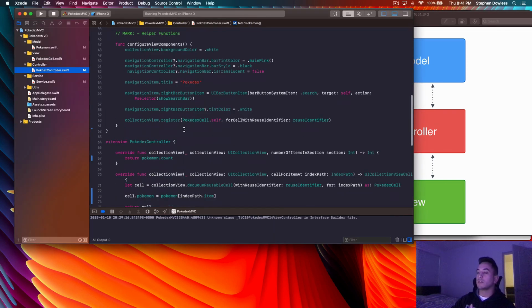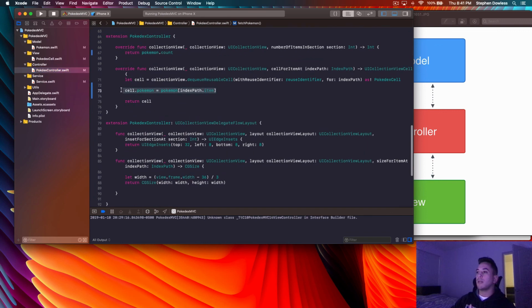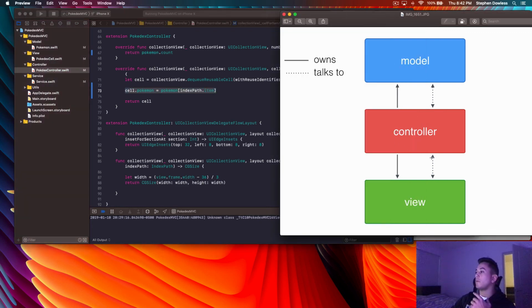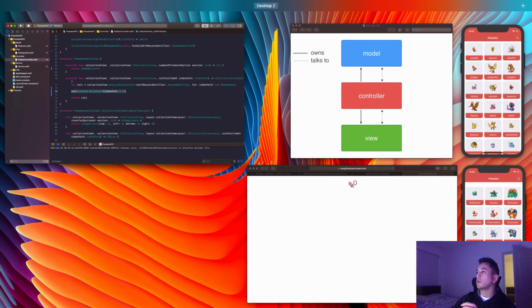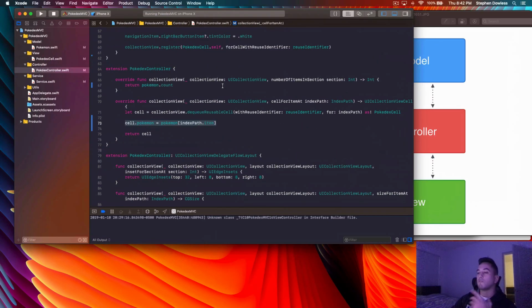So we have our Pokedex controller, and then we set that Pokemon in our Pokedex controller, which satisfies the requirements for this relationship as well. So we have successfully implemented this MVC framework, and the project is going really well, guys. I hope you're liking the content, and like I said, in the next video we're going to be moving on to some more interesting functionality.